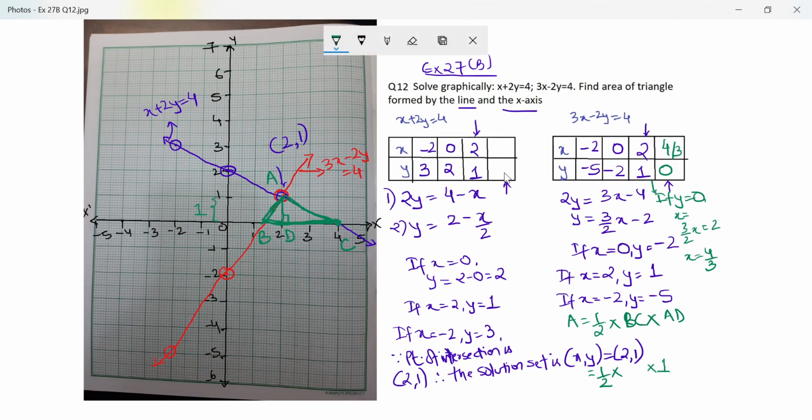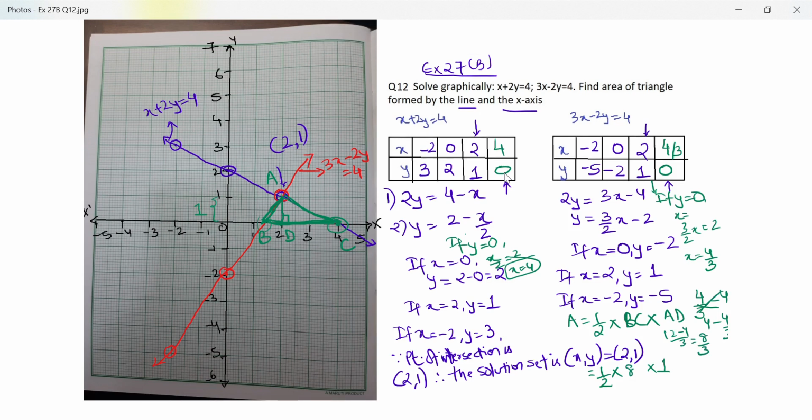Here, if y is equal to 0, then x by 2 would be equal to 2, which is x is equal to 4, which we've already got. So this part was simple. This point is 4 by 3. So this is 4 and 0. Now we need to figure out the length of BC. I would recommend you do subtraction separately, which means BC would be equal to 4 minus 4 by 3, which is equal to 12 minus 4 by 3, which is 8 by 3.